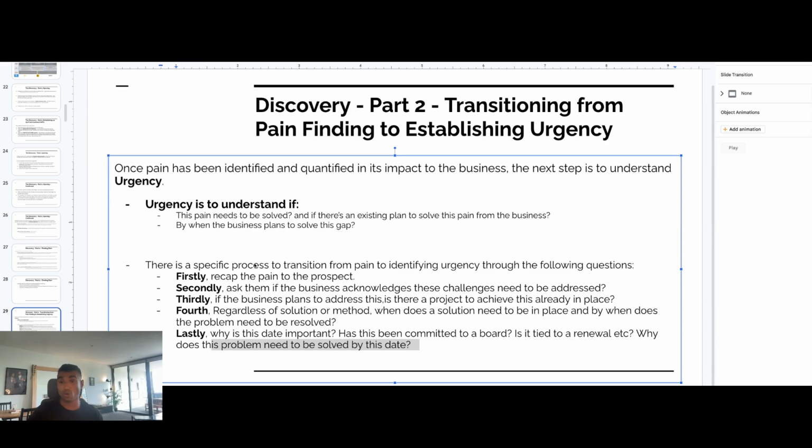Now, this doesn't always go textbook, right? Sometimes you might ask this question. You might say, hey, does the business acknowledge these challenges need to be addressed? They might say, look, they really don't, right? Your prospect might say, look, I do. I would like to solve this, but the business doesn't acknowledge this. Then you can ask them the question, look, hypothetically,